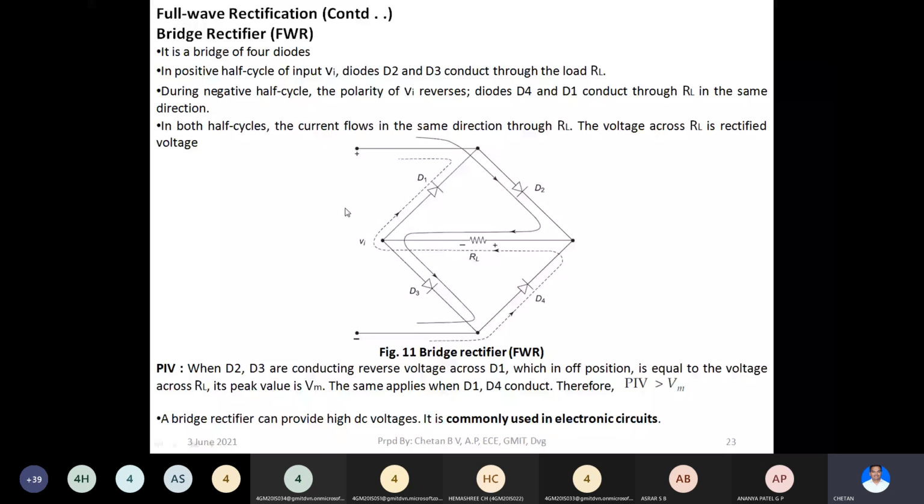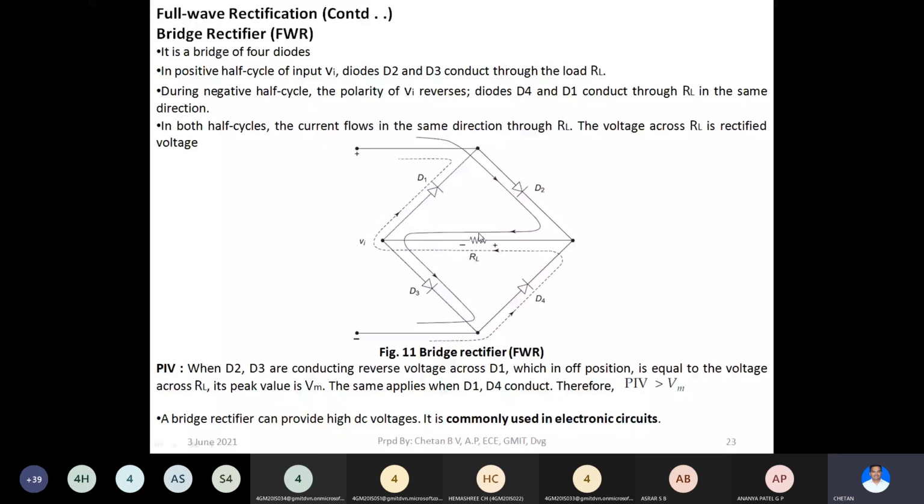This is the circuit diagram of the bridge rectifier, which performs full wave rectification. At the input, you can have a transformer, or else you can have the AC source directly. During the positive half cycle of input AC, according to this circuit diagram, D2 and D3 would conduct. Therefore, the current will flow through this line, as indicated by this continuous line. It will flow through RL, from the positive to the negative terminal of RL, in this direction.